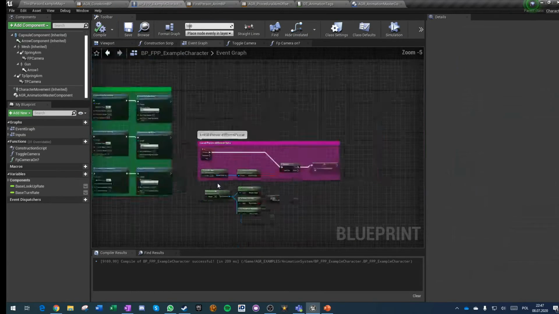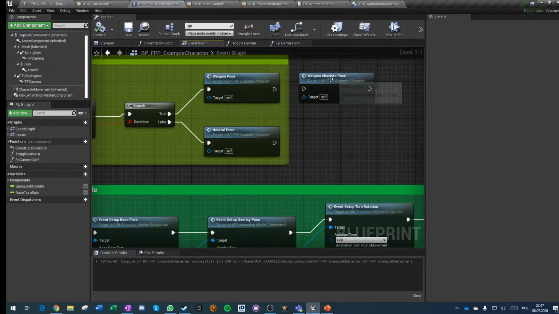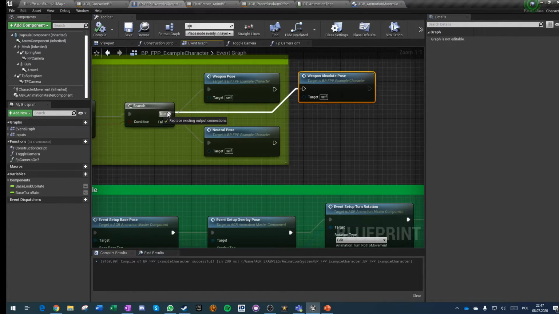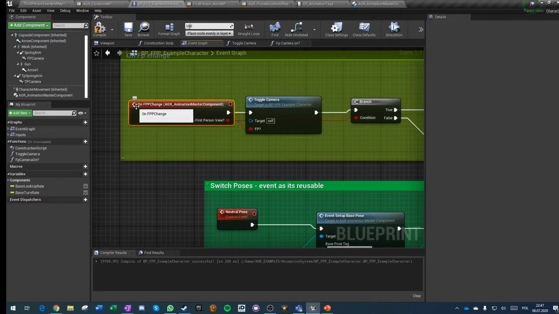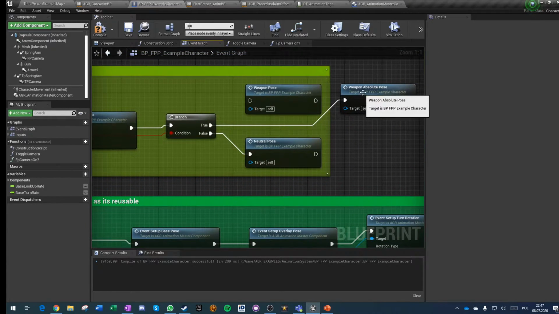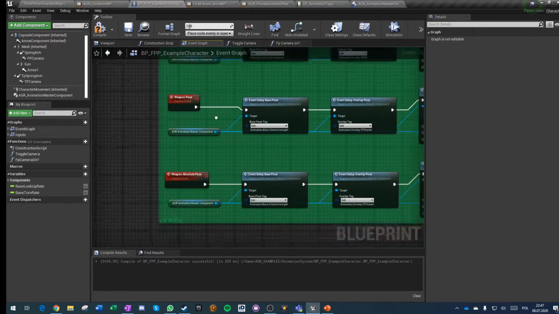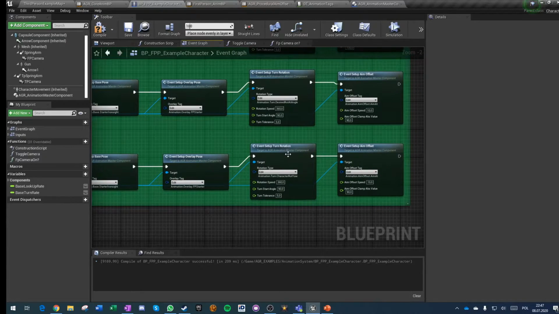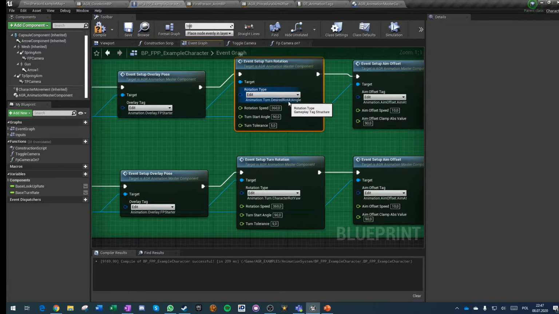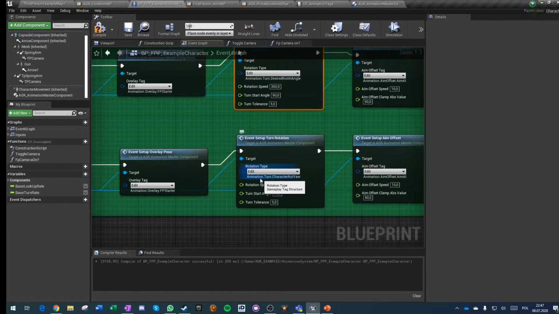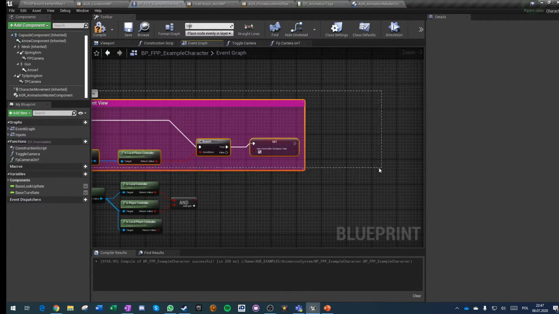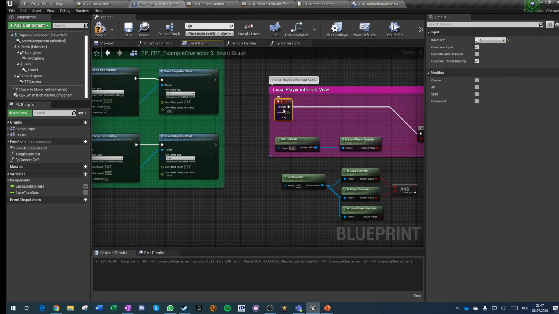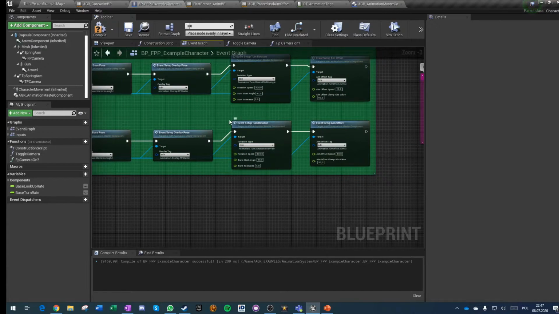However, if we go here, there's a weapon absolute pose, and let's change weapon pose from the on FPP change to weapon absolute pose. And what's the difference? The only difference is here. Turn desired rotation at angle 90 with a tolerance of 5, and here we are taking the animation turn character rod yaw. So we're doing this, and we no longer need to press X, and this is being